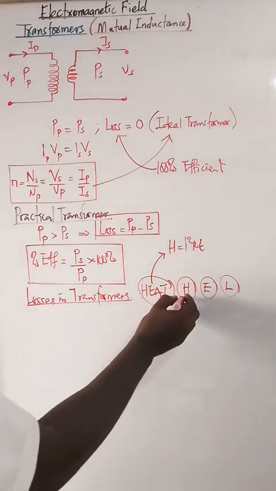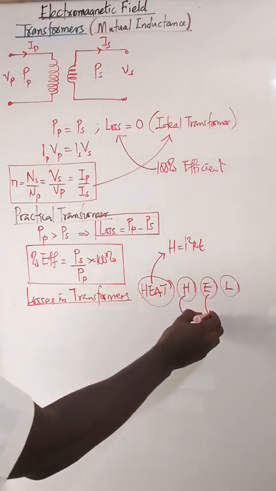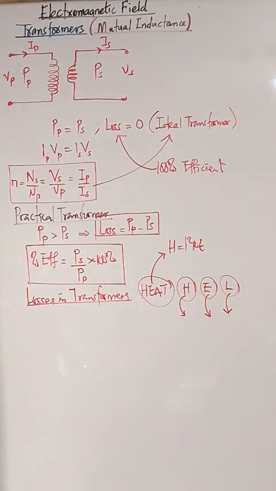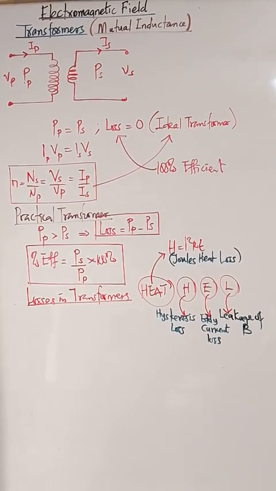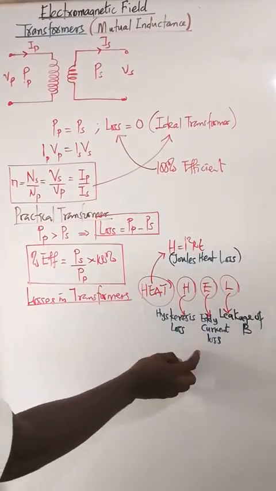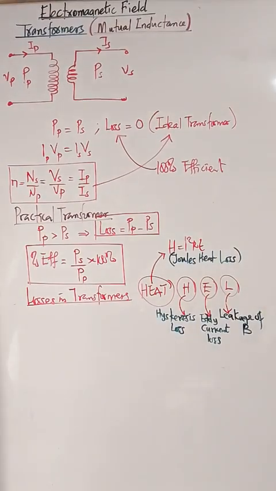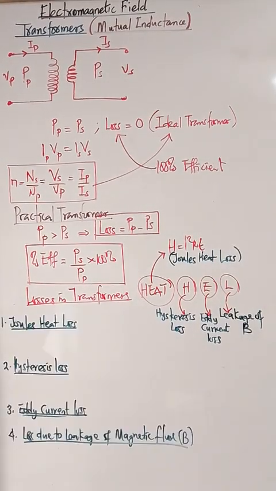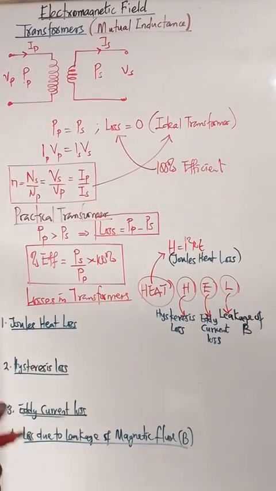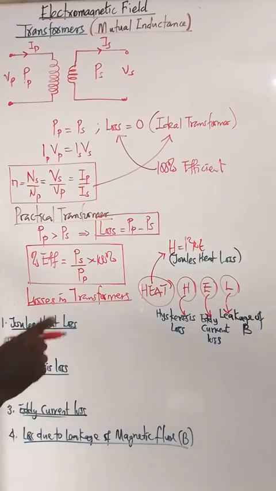Then this H is called the hysteresis loss. This is the eddy current loss, which I've explained before. And this is what? Loss due to the leakage in what? Magnetic flux. So we have Joule's loss, hysteresis loss, eddy current loss, and loss due to leakage of magnetic flux. How can we now reduce it? Let's take them one by one. So Joule's loss is the energy loss due to the resistance of the coil. The coil will have resistance. Due to the resistance of the coil,